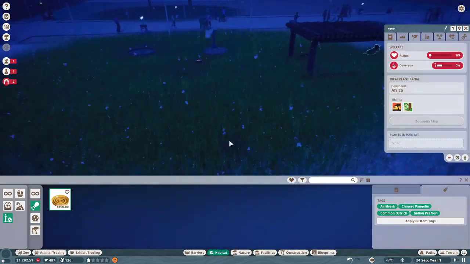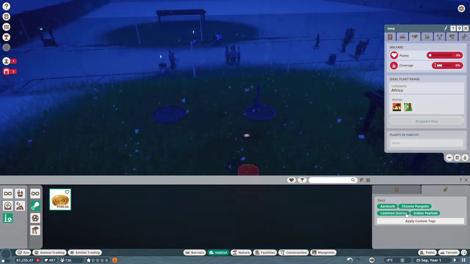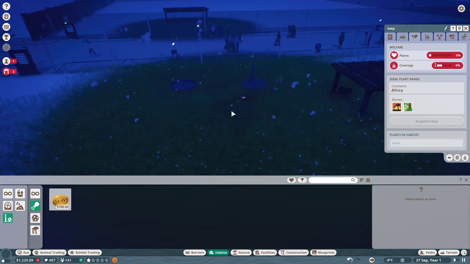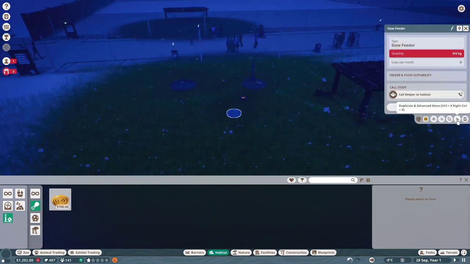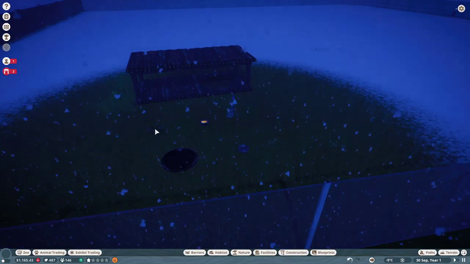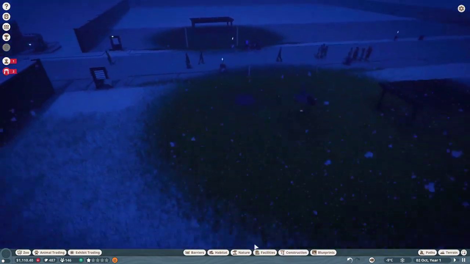Alright. Wait, that's for Indian peafowl. It's not for this, so we're gonna have to move that. That's okay, at least we got it for one of them. Move that sucker. Where's the move button? There it is. Hello. Okay. Alright, now